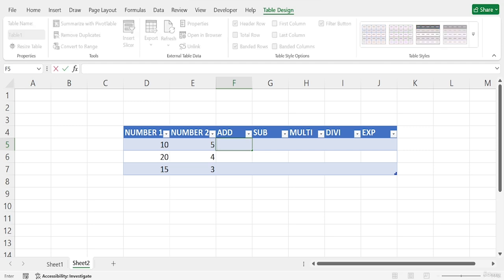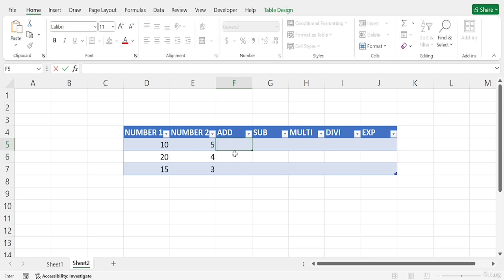Now I'll show you how you can perform addition operations. Here you have to write a formula. I will go to the Home tab, and then write a formula. I will type an equal sign first, and then use 10 plus 5. If I press enter, it gives me 15.